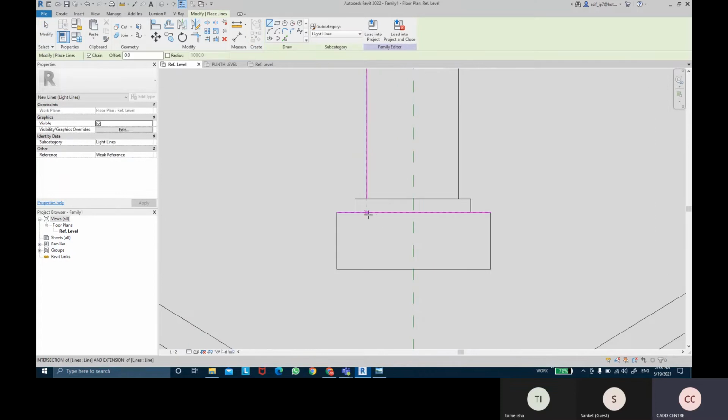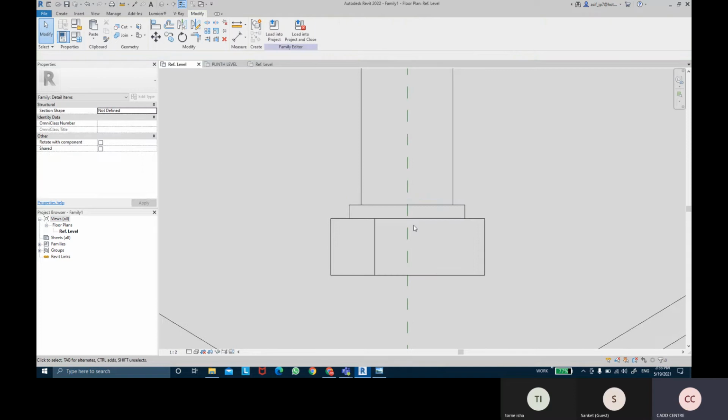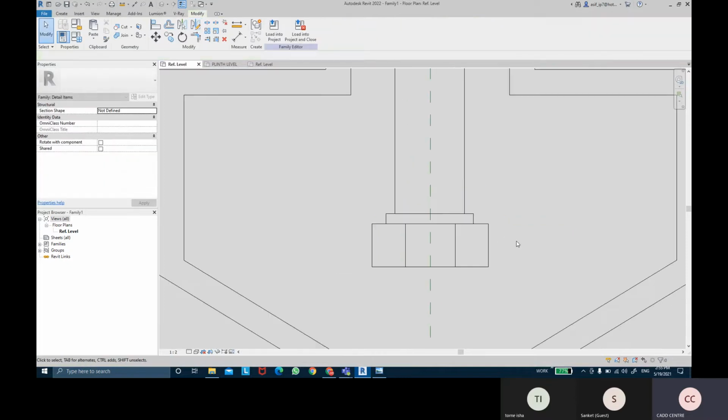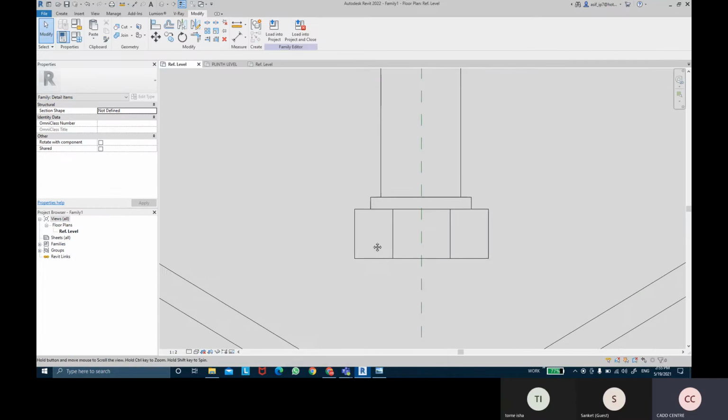So you can just add the detailings. Nut and bolt and everything.